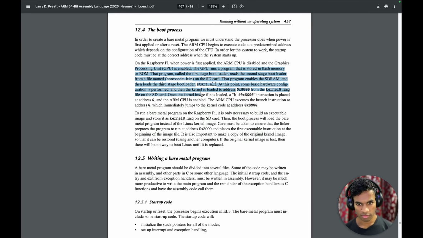Once the kernel image file is loaded, a branch instruction is placed at address 0 and the ARM CPU is enabled. The ARM CPU executes the branch instruction at address 0, which immediately jumps to the kernel code. To run a bare metal program on Raspberry Pi,